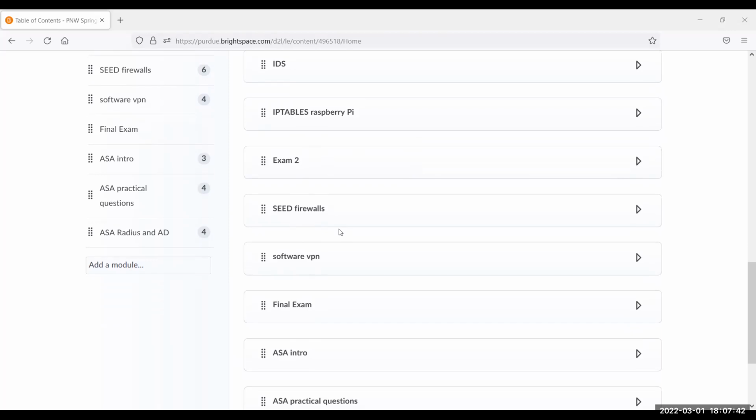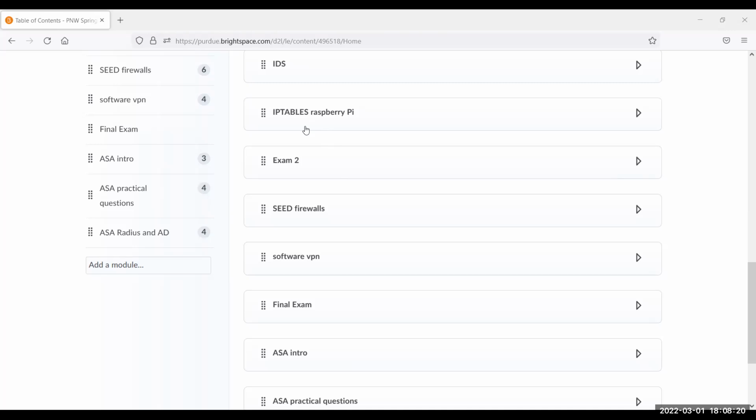There are several ways that you can think about firewalls. There's the ASA and the Linux commands of it. That's the term project. We can also think of how a firewall works, and that's what are called SEED firewalls. We'll be doing basically in C++ some exercises related to firewalls. And then finally, we have a third installment of firewalls, which will be iptables. Iptables is just generic Linux, basically,